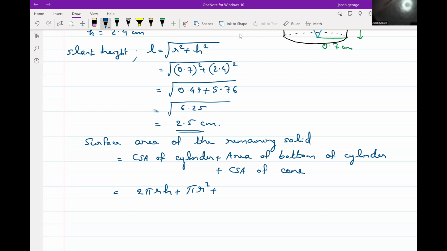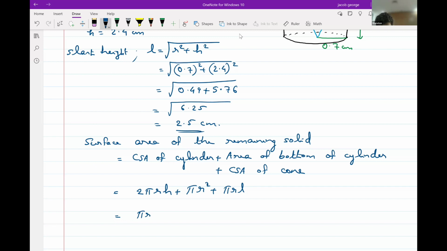Then CSA of cone. CSA of cone is pi r L. Reuben, area of bottom of cylinder means it is area of circle. Area of circle is pi r square. And CSA of cone is pi r L. Now we can take common factor outside. Pi r is a common factor that we can take outside. So pi r into,